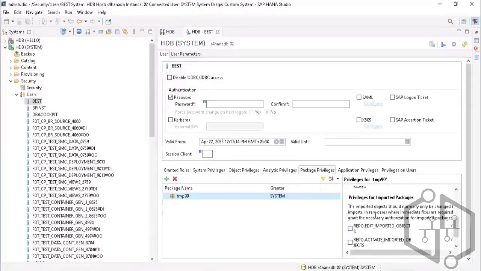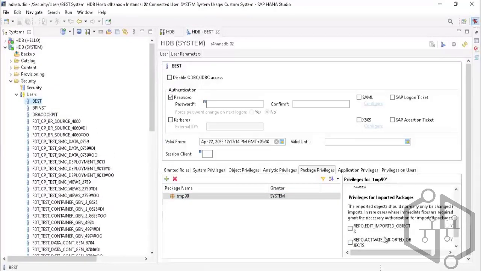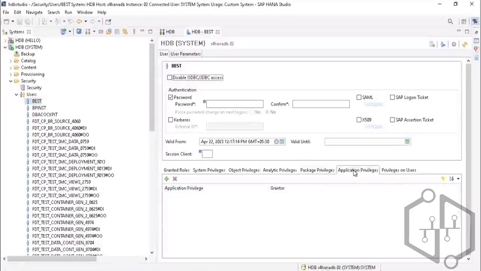Imported packages cannot be changed directly in the quality system or the production system. The packages have to be changed in development and then moved to quality or prod. Now, application privileges, as I already said, you will only have these application privileges if there are any